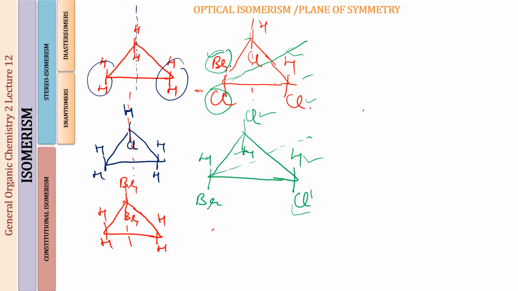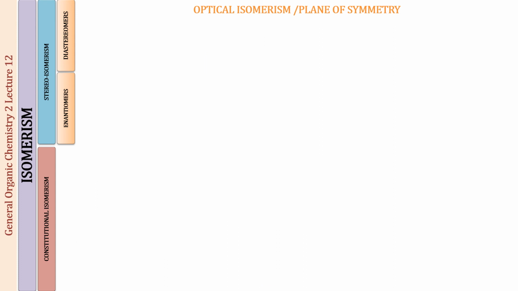Whether this molecule is going to be achiral or not depends upon the other elements of symmetry that you have not seen yet, so I will refrain from commenting on whether this molecule is chiral or not. But you just know that this molecule has no POS. There will be no plane of symmetry for this molecule. You will not be able to cut it into two halves. Okay, so I hope this one is also clear. So let us see some more. Let us see a few more questions over here.